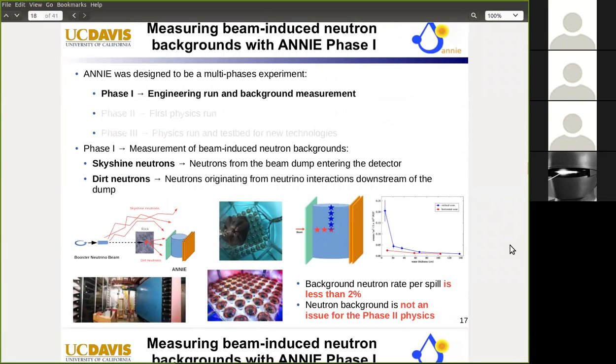So let me focus for a little while on phase 1. As I said, phase 1 was the background measurement. We wanted to measure the beam-induced neutron background to make sure that phase 2 was feasible. So you have two sources of different